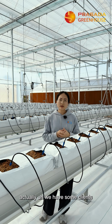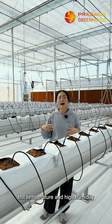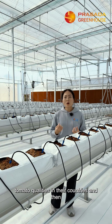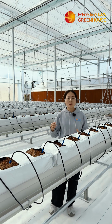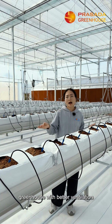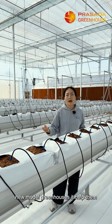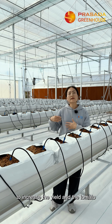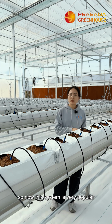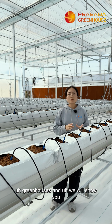Actually, we have some clients in island countries, and they have very hot temperatures and high humidity, and previously they could not grow good quality tomatoes in their countries. Then we introduced this steel gutter system for them, and changed to new greenhouses with better ventilation functions, new model greenhouses. It helped them to increase the yield and the tomato quality properly. So now this system is very popular for many long-life crop greenhouses, and we will show you